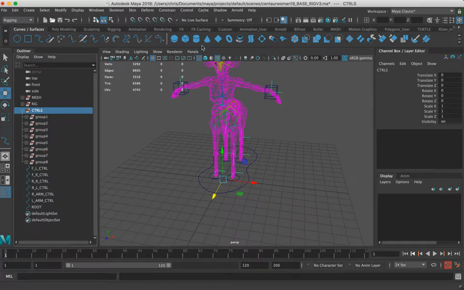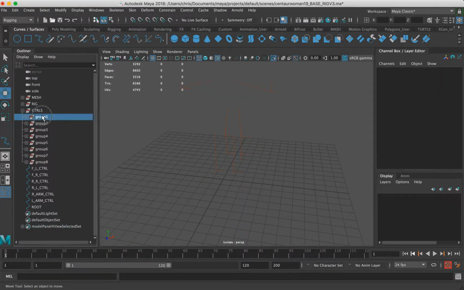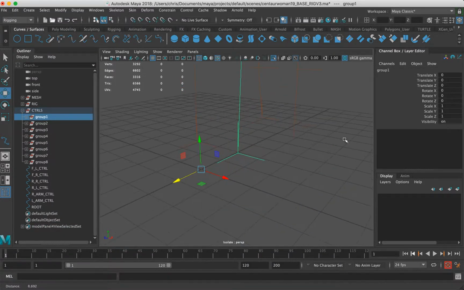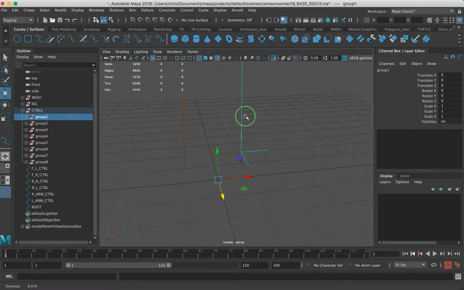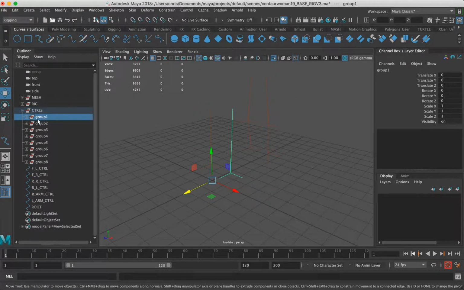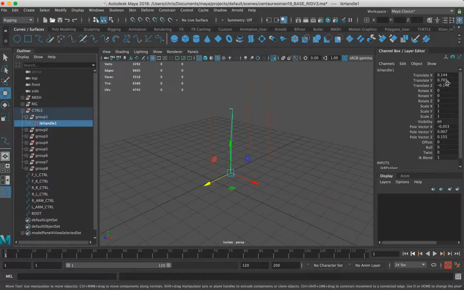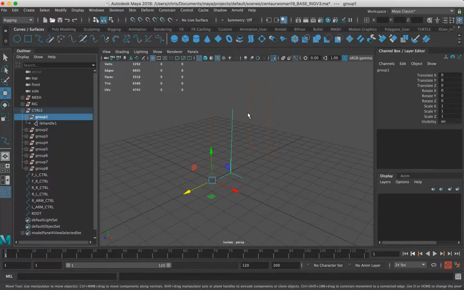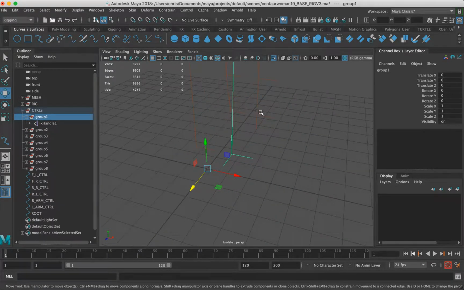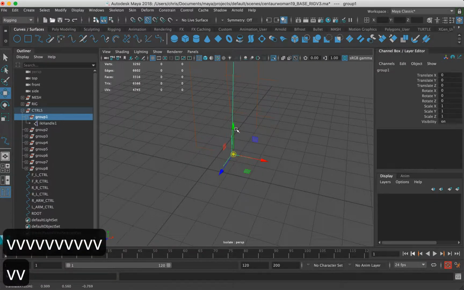So effectively, what we'll have is each of these. I'm going to isolate this selection to just this. Each of these groups are parented. Each of these groups contain a control because these all have their own individual transforms. We want to zero those transforms out. So I'm going to hit D on the keyboard so I can change the pivot point. I'm going to snap that to